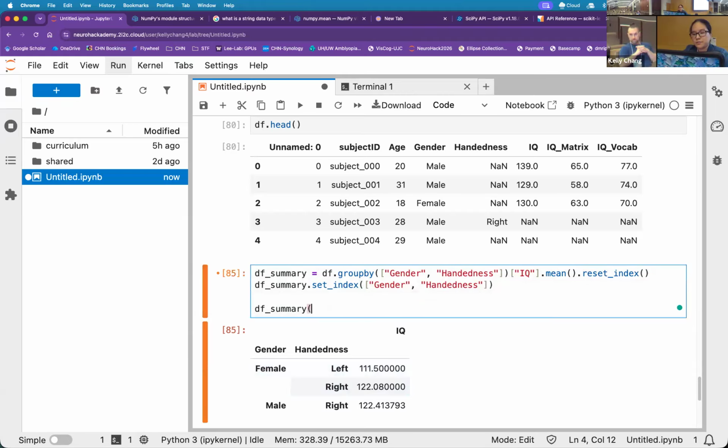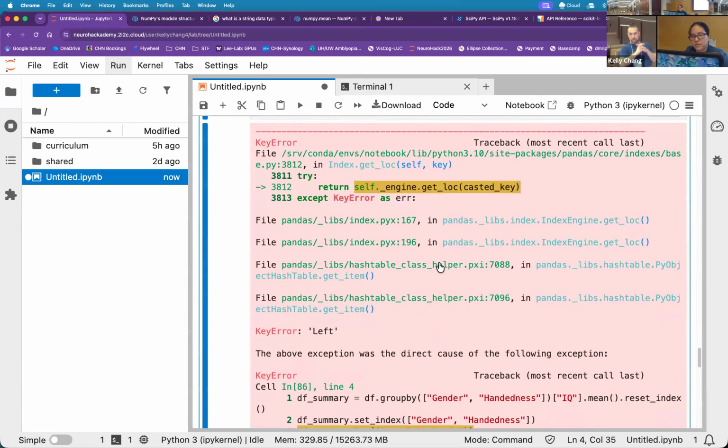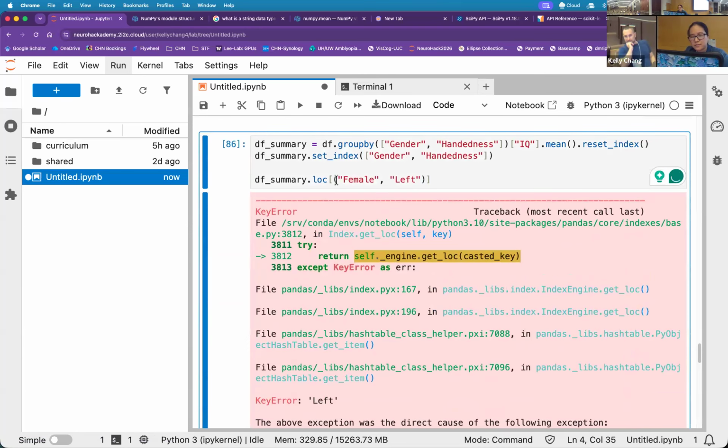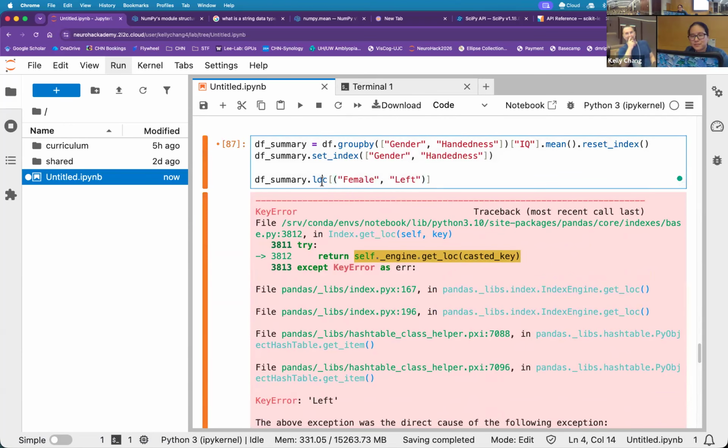So df summary, loc, female, left. Gotta remember. Was there not a left? Gosh darn it, I always forget how to get this.